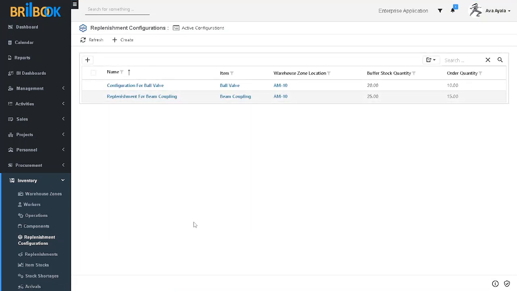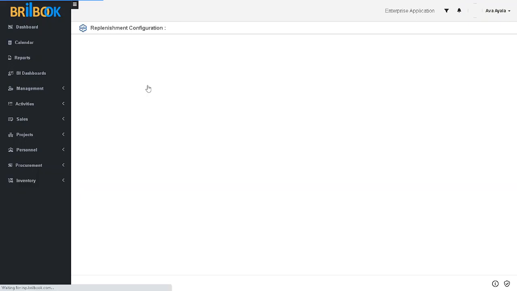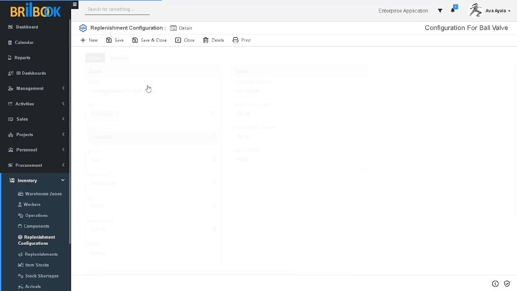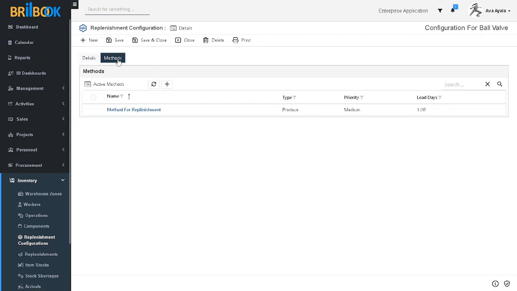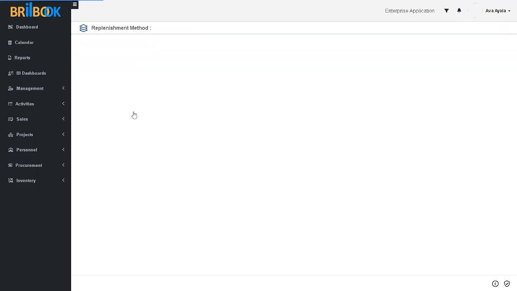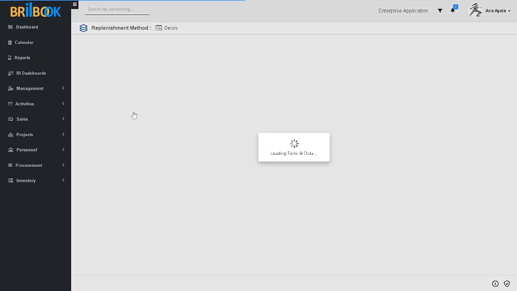Here I have already created one replenishment configuration, so I will open this record and I will directly create a method for this replenishment configuration. So you can see that I have already created one method for this replenishment configuration